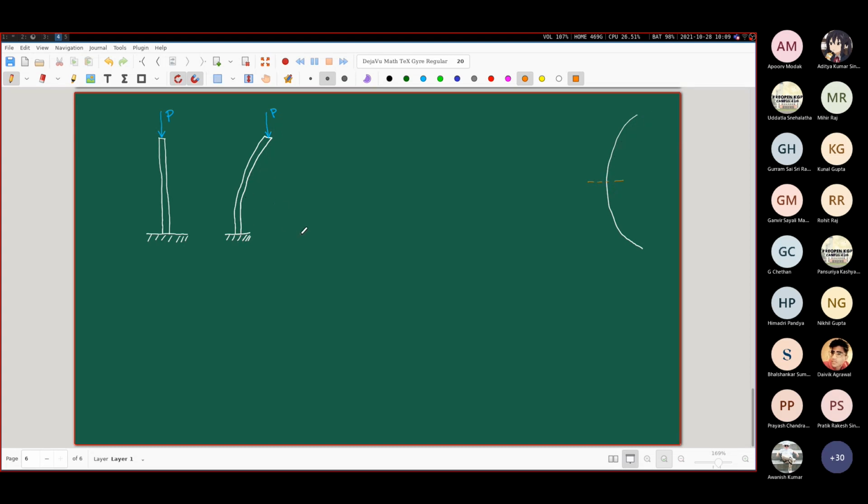Now, if you ask me, this is not a very good technique of solving a problem. It's a clever way of doing it, and the answer that they get for the critical load matches perfectly. But personally, I think it's a very lazy way of doing it. We should not be doing things in this kind of a lazy fashion,